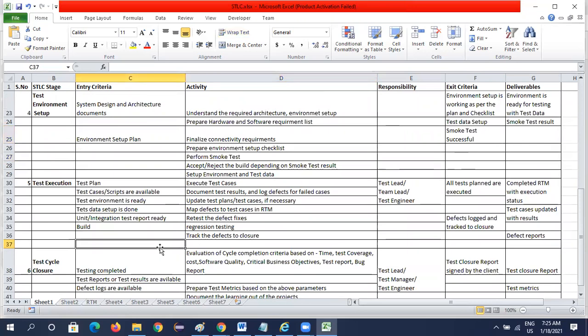Test execution is one important part. Now how do we do test execution? We do test planning, we prepare test cases. So the entry criteria for test execution is the test plan, which we prepared in the test planning stage; the test cases and test scenarios, which we prepared in the test designing stage; the environment setup, which we prepared in the test environment stage; and the unit testing and integration report should be ready, and a build should be ready. At the end of the day, for what we need to test, that build should be ready, right? Without a build, we cannot do any testing. So now the build is ready.